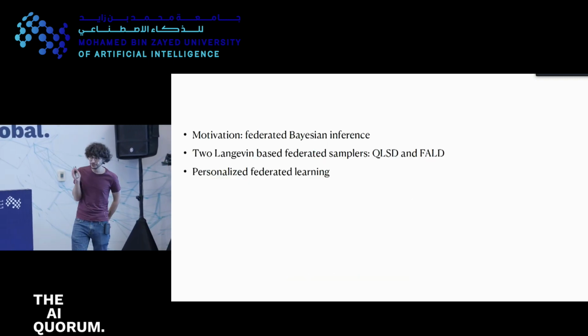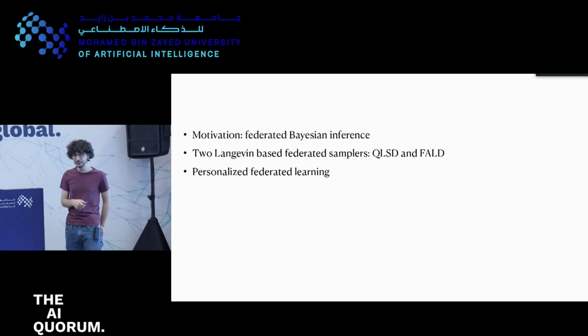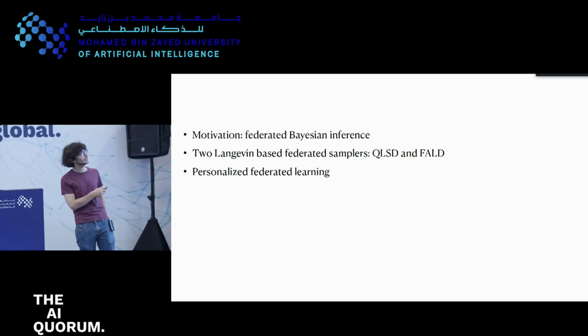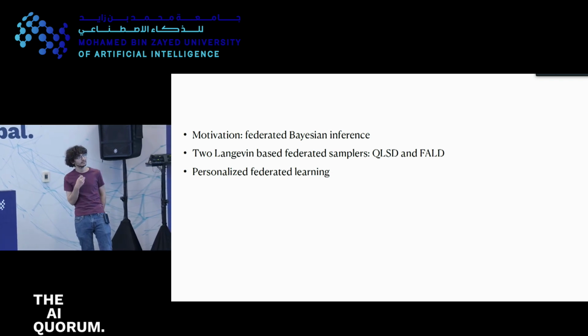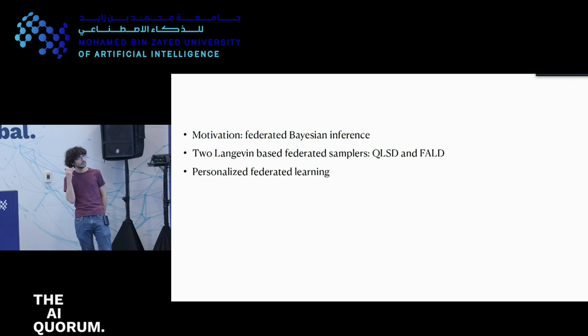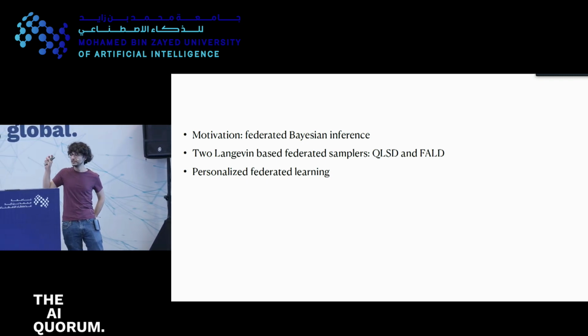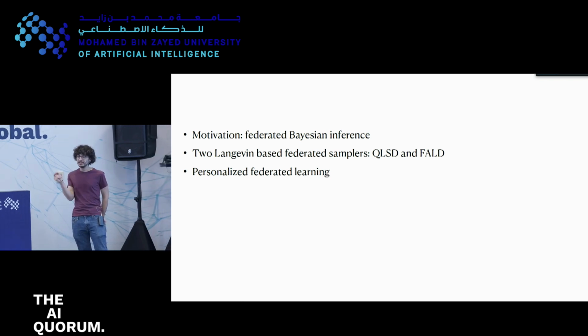So, just a brief summary of this talk. I will start with the basic motivation of my work, mainly on this kind of federated Bayesian inference that we haven't heard about yet. Then I will provide a brief summary of two federated Langevin samplers that we have promoted and developed, which we name QLSD and FALD. And I will end with